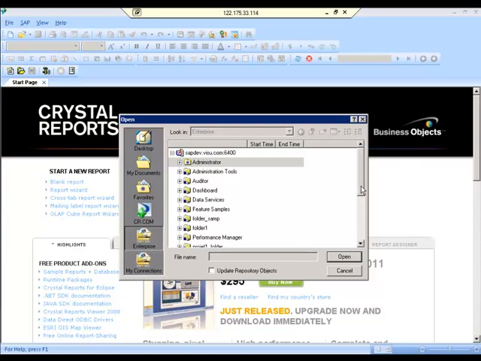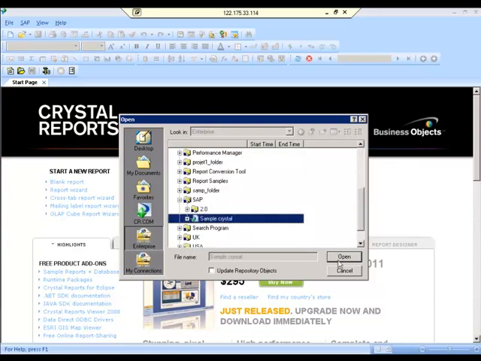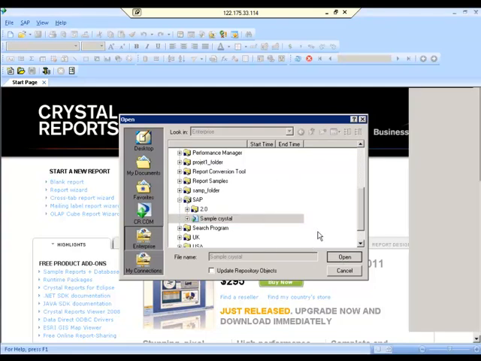I have some Crystal reports I saved into a particular folder. This Crystal report I'm taking, I'm just opening this Crystal report.